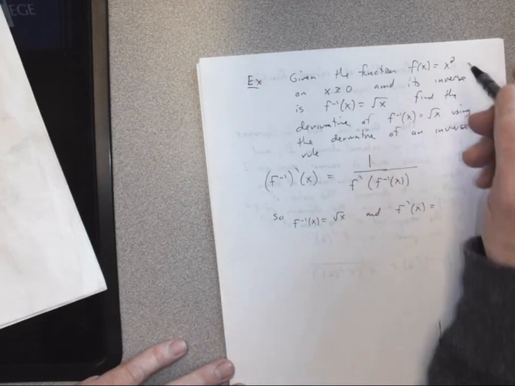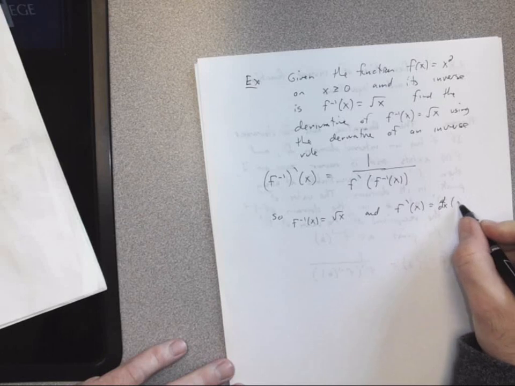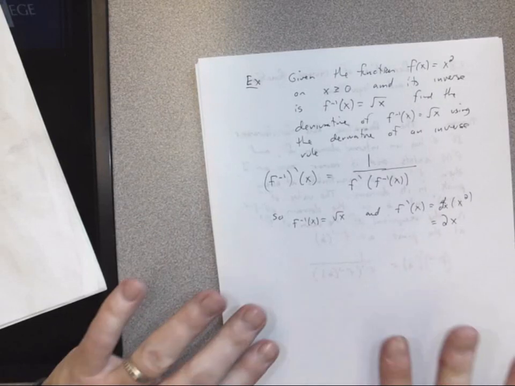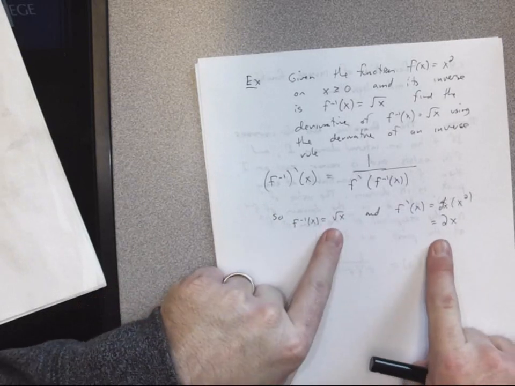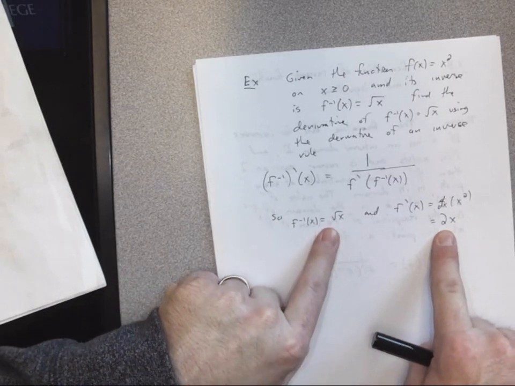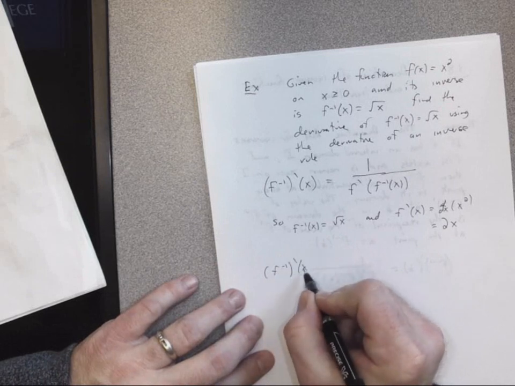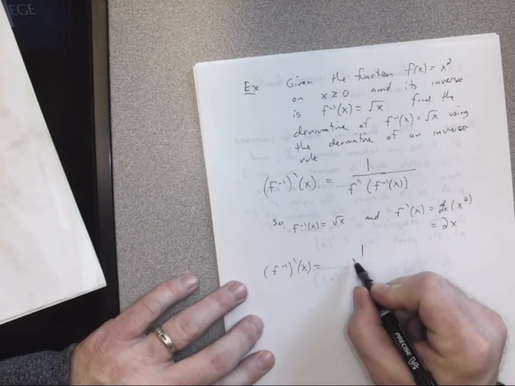So f prime of x is the derivative with respect to x of x squared, which is equal to 2x. So what we need in order to find this is the derivative of the function and the inverse function. So back to this: f inverse prime of x is equal to 1 over,